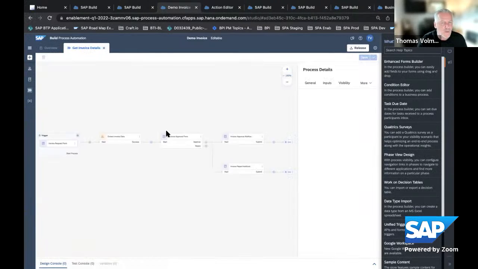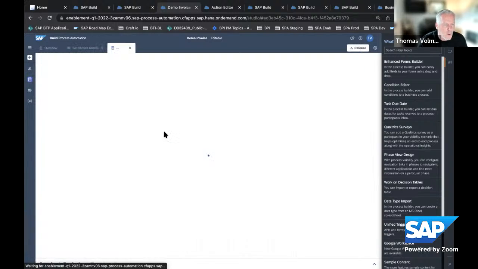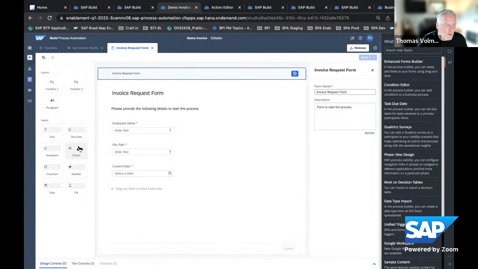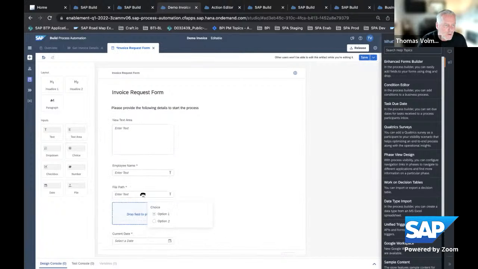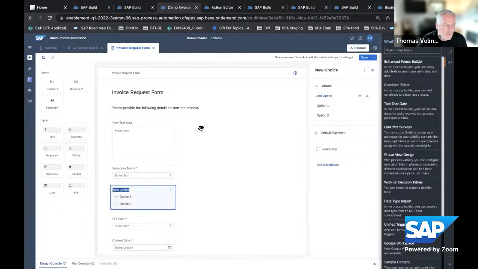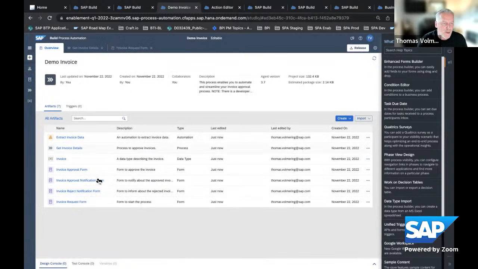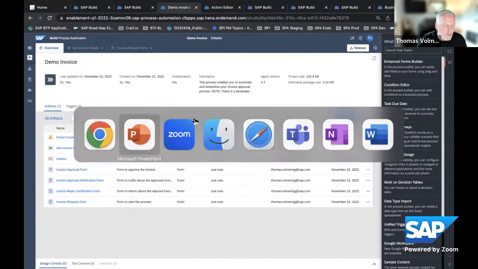But of course, customers would say, okay, I want to configure this to my needs. For instance, here, the form. You might want to add more information here into the form with the drag and drop editor, whatever. I'm just randomly building something here. It doesn't make sense, but I think you get the point. We are adding more and more content packages, and you see how easy it is to consume all of them. Good.